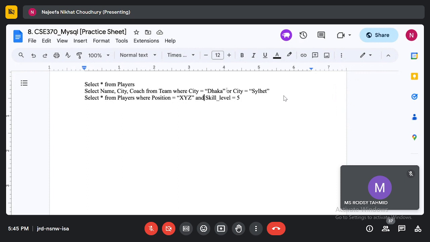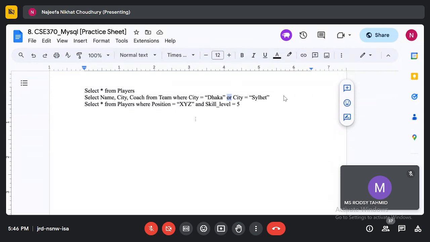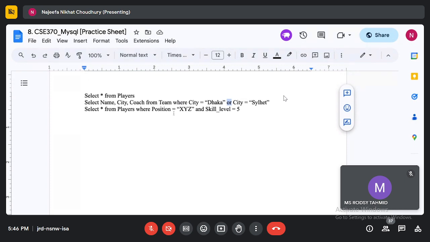So using AND, OR, we can use lots of different conditions. I can provide lots of different conditions, and if I'm using AND, then I just have to make sure that all the conditions will have to be true. And if I'm using OR, then only one of the conditions, if it's true, then I will get some result. And NOT, as you know, it negates the kind of value.